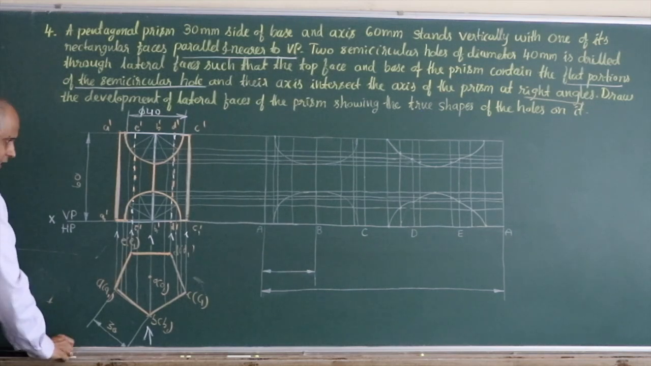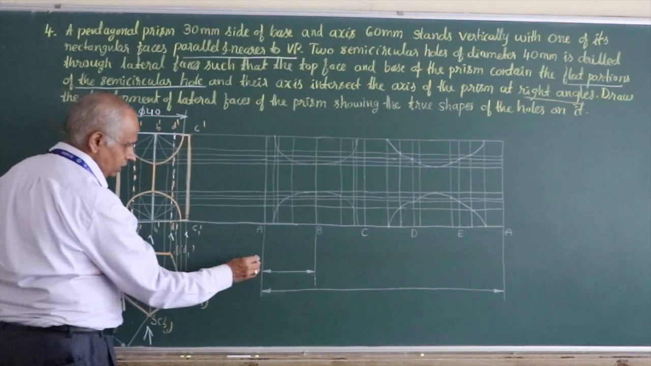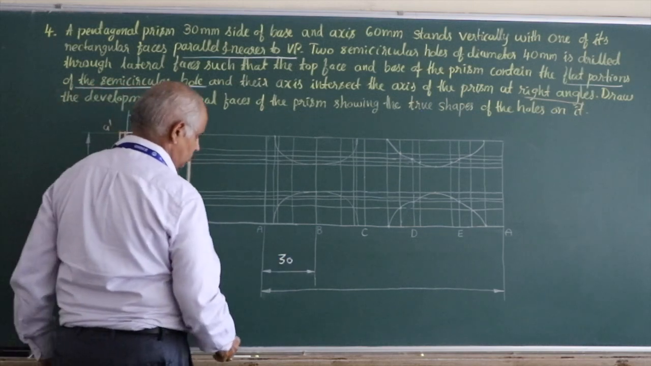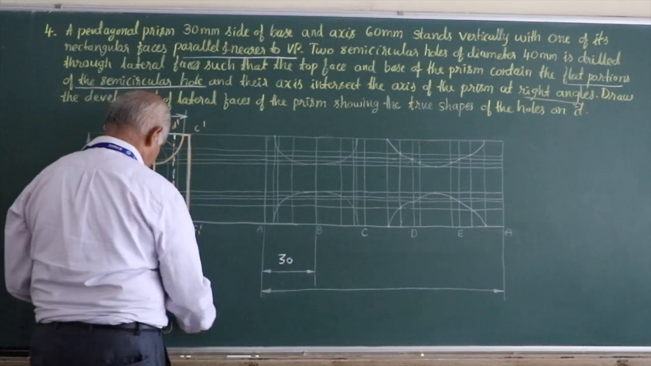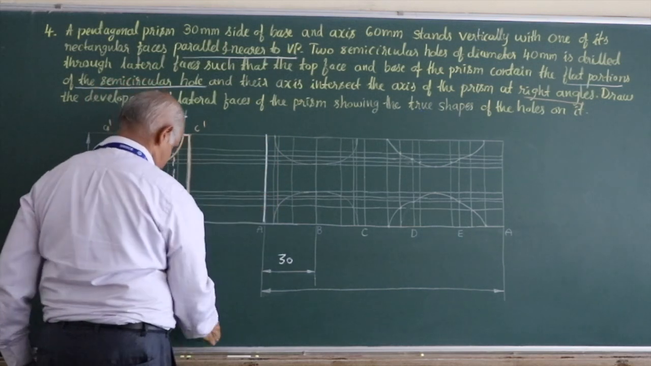Let us first complete the development of this basic pentagon. In top view, it's a pentagon of 30 mm side. Therefore, if you start with edge A, take 30 mm, and draw this vertical line so that you get AA1,